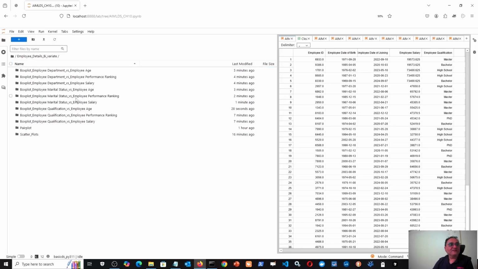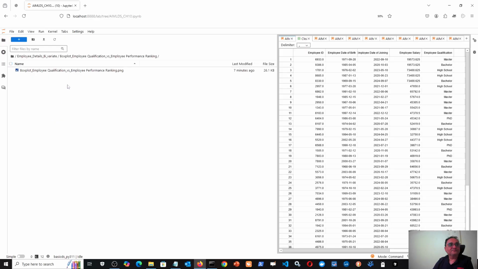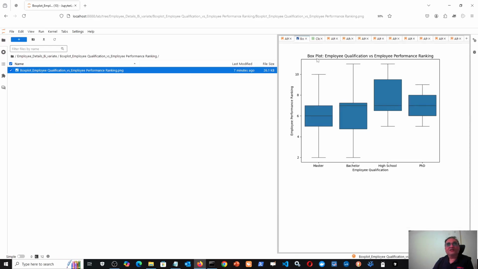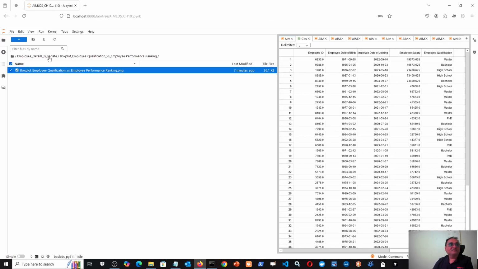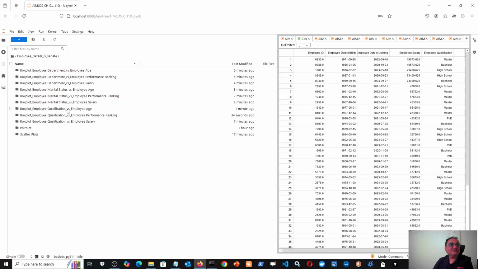now this is employee qualification versus performance ranking. It seems that performance-wise, PhD and high school are both at the same level, with a median performance of nearly 7. Bachelors also have 7, and 6 is the performance of masters. So these three groups have nearly equal performance, but masters have slightly poorer performance. Then